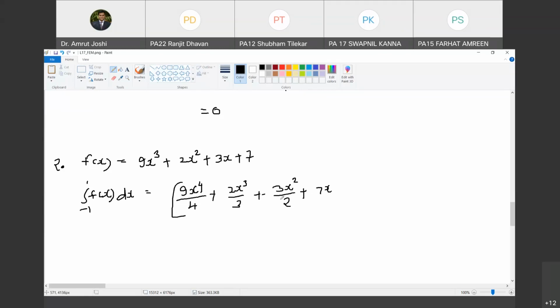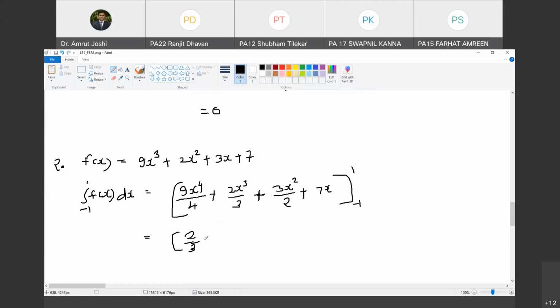And what are its limits? This is from -1 to 1. Happy? Yes, sir. So wherever there are even powers, those terms are going to get cancelled, because there is 1 here and -1 here. They will yield the same value, and therefore when you subtract, these terms are going to get erased. So the x raised to 4 and x square terms will go. The term that is going to remain is x cube. So when I substitute x equal to 1, it is 2 by 3.